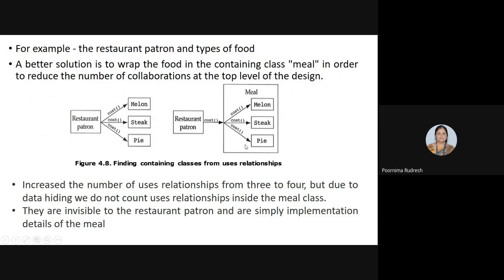Why? Because inside the meal class we are not counting them. They are not visible to the restaurant pattern and are simply the implementation details of the meal class. See here, for the restaurant pattern, only one uses relationship, or only one collaboration, is visible, and inside the class meal 3 collaborations are there. Even though 3 collaborations are there, they are not